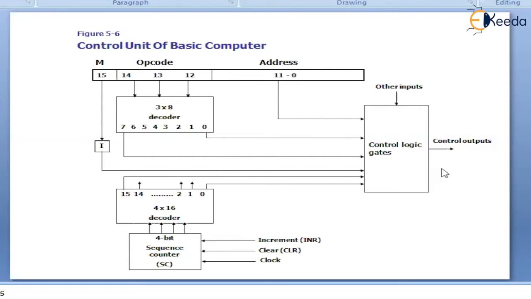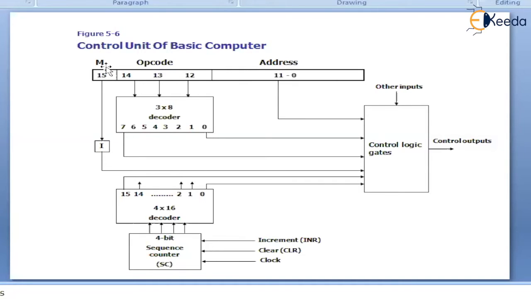This is the hardwired control unit, control logic gates, which is realized by combinational circuits only, because this is a hardwired control unit. Keep it aside. Initially, before even decoding the opcode, we need to understand the mode digit. If the mode digit is equal to 0, then it's direct addressing mode. And if the mode digit is equal to 1, then this is indirect addressing mode, right? So before decoding the opcode itself, we should be able to decode the mode digit.